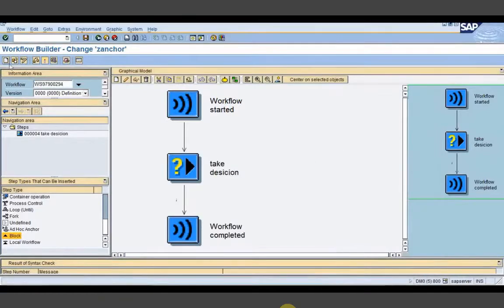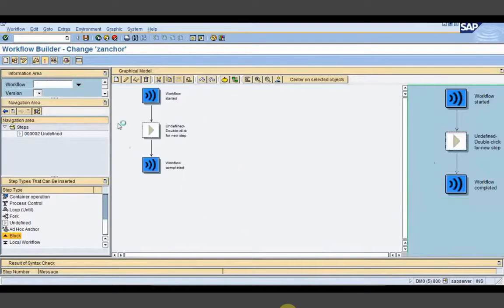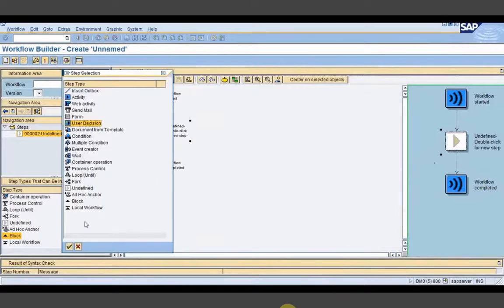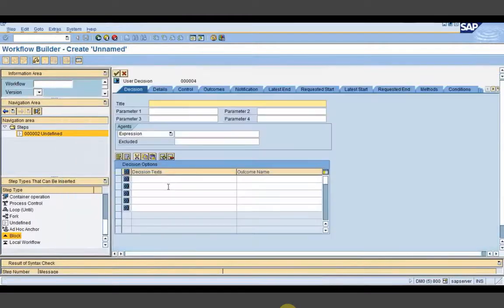Now I will create one more workflow. That workflow will be like the sales department workflow. Here you can create anything, whatever you like according to the requirement. I'm just creating one user decision step.